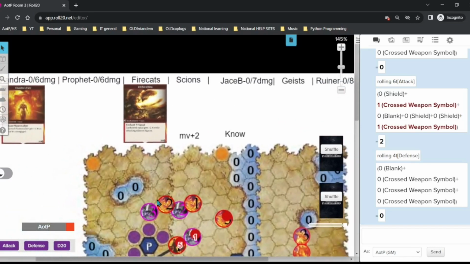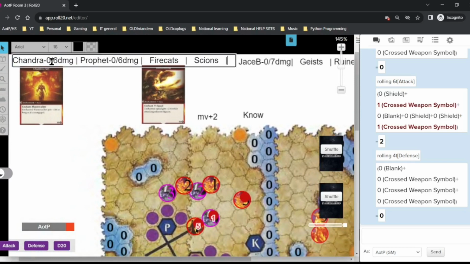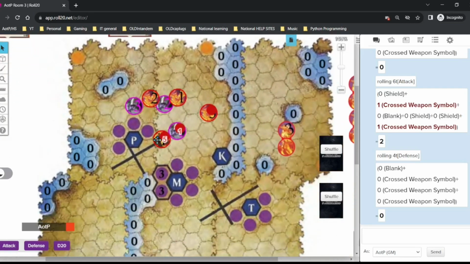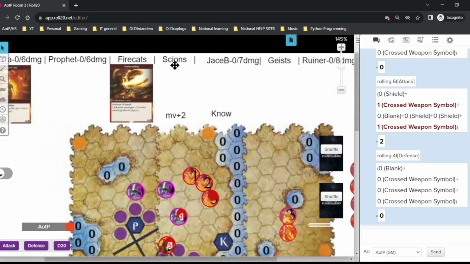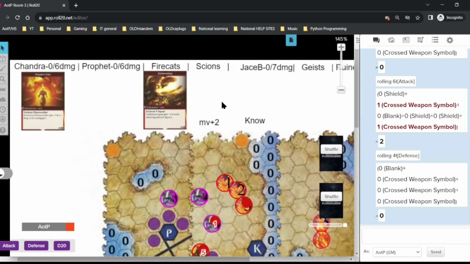As an alternative, you may have noticed earlier, some of us like to use something similar to the Heroescapers Google Docs format. You'll see that, at least for the heroes and planeswalkers, they are represented by a single token and not multiple tokens like a squad of Phoenixes would be. For a squad of Phoenixes, you'd have to track each one up here, which I don't generally prefer to do myself. But at least for the heroes and the planeswalkers, it's nice to know how much life they have left,